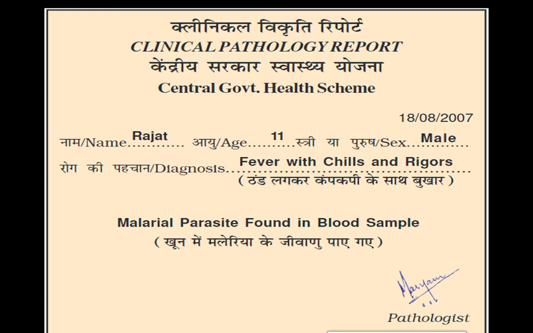We have learned the definition, symptoms of malaria, causes of malaria, how malaria spreads through the female mosquito, and the diagnosis of malaria through blood test and RDT. Then we learned about the blood report, and in the last we learned about prevention of malaria. So like that we have completed our second session. In the next session we will learn about anemia.